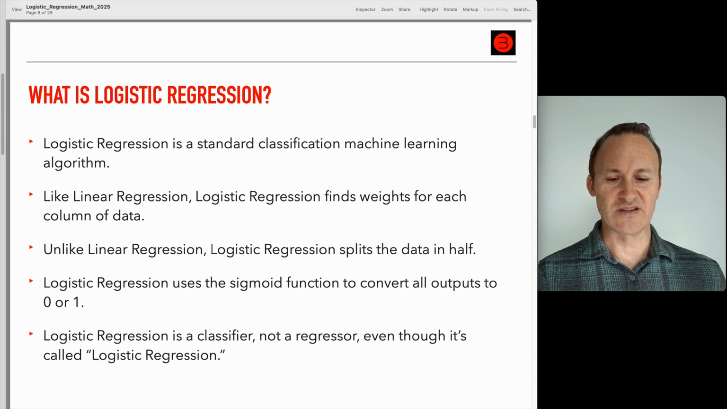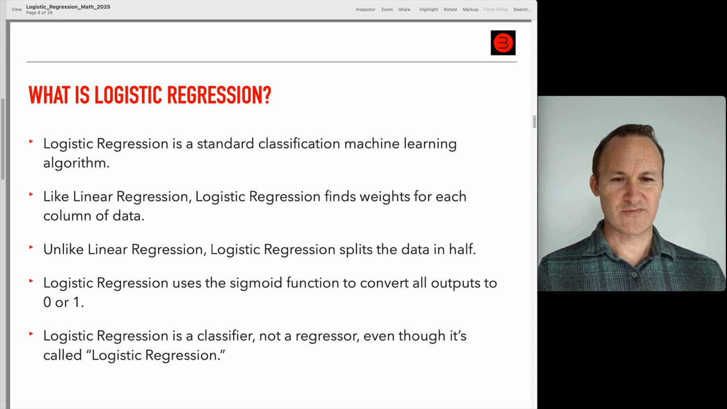Now, because of this, basically it classifies the data into groups. And when it's doing this, it's actually recognized as a classifier using machine learning categories. Okay, there are classifiers and there are regressors. And so despite its name, logistic regression is actually a classifier. Now you might wonder, but why would it be called a regression if it's a classifier? Well,